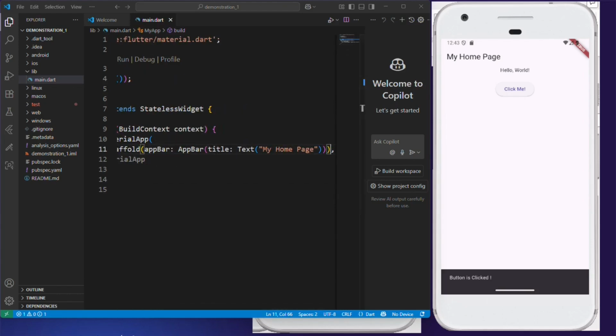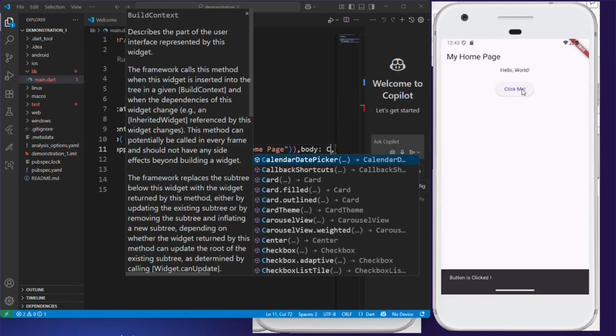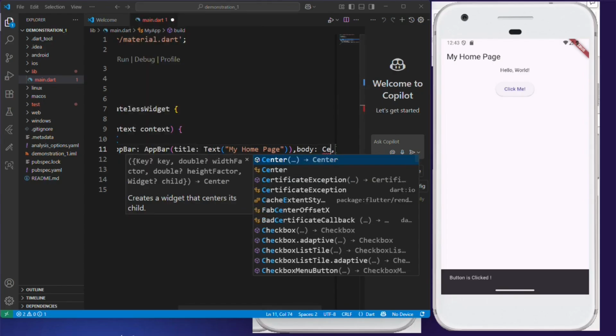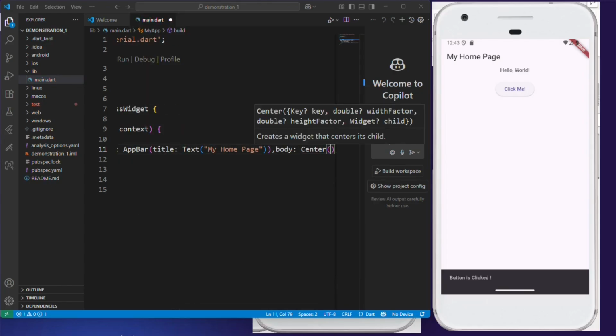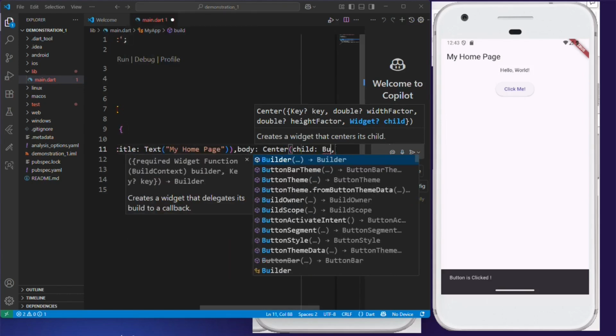After app bar we have to create this body. Now rest of this part is called body. So these represent app bar. So after that I have to write comma to write down body. Now what is body? Body is represented by Center. Here you can see that all widgets are in center. So inside body I want to write down Center, and inside Center I want to create Builder. So as a child I write down Builder, and